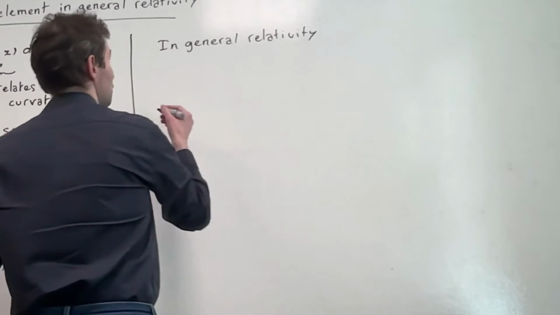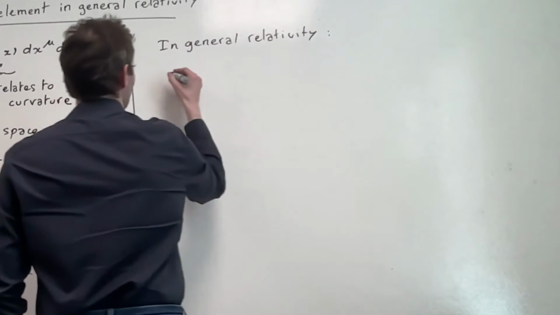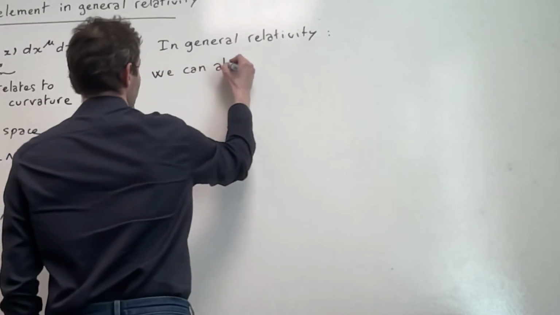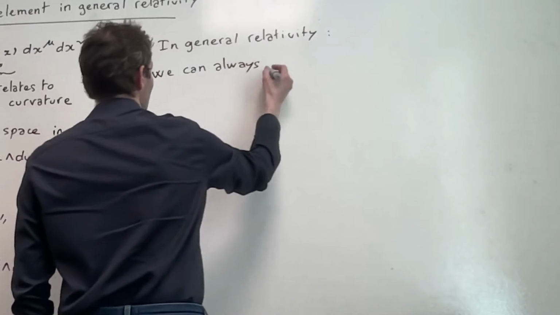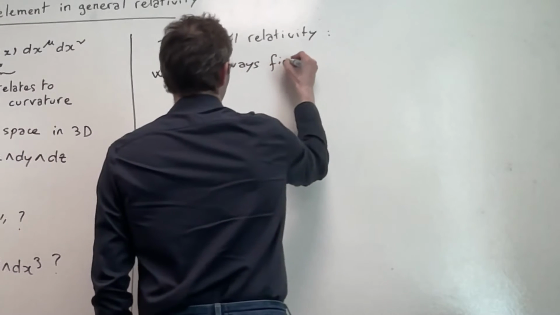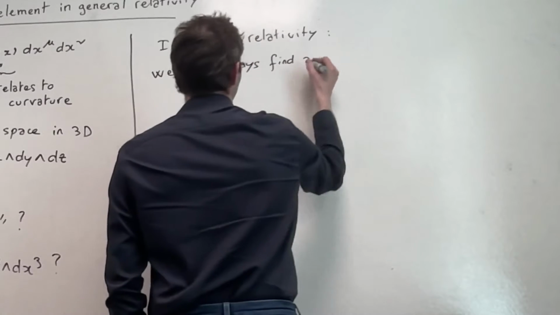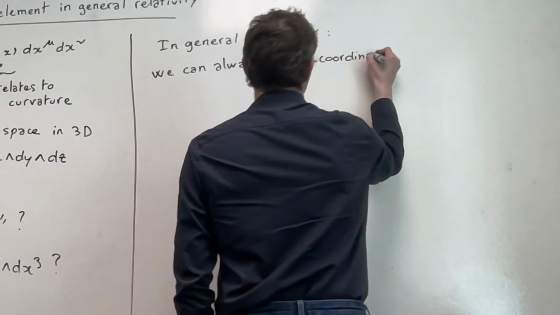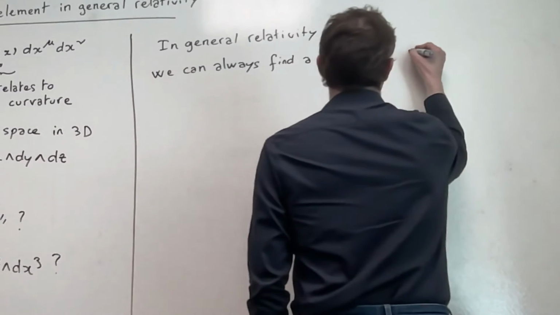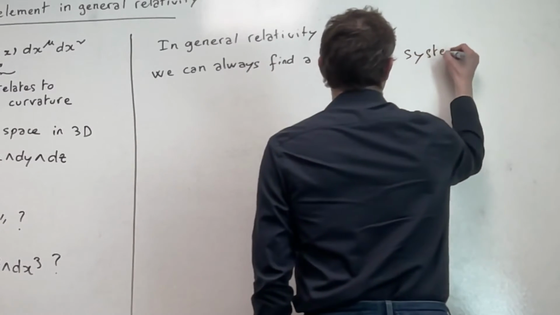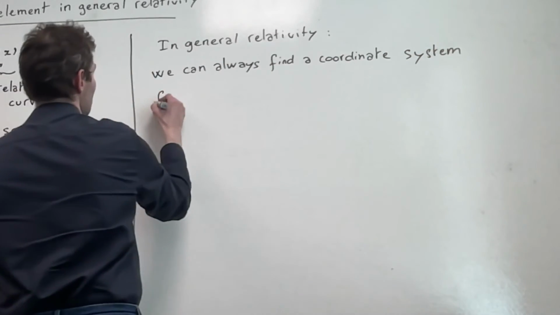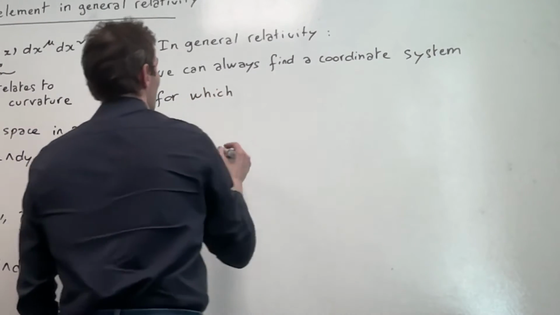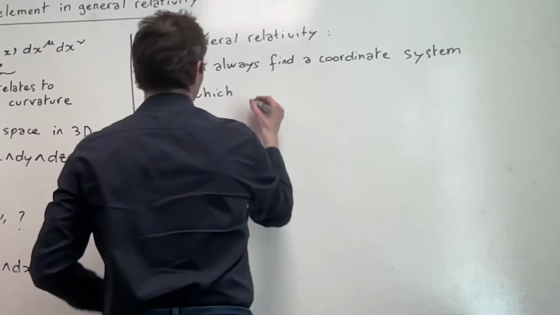So in general relativity, we can always find a coordinate system for which the corresponding g mu nu